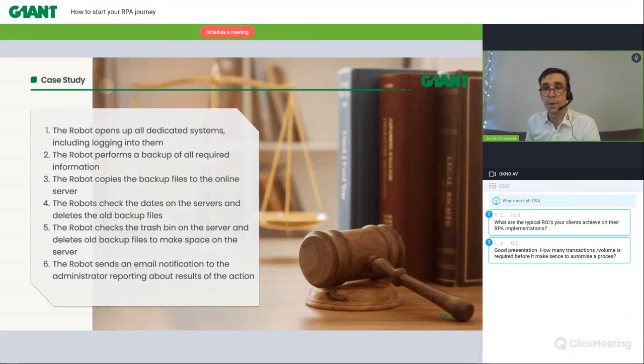And here also very important, if we have a problem with backing up of each system, we can have this in the report, right? So if the robot has any problem with any kind of file in its journey, it can also be included in the report, so the employee can proceed with those particular ones manually. They can just check what's going on.